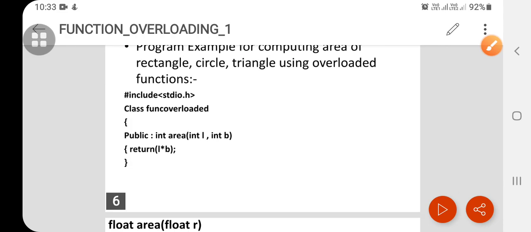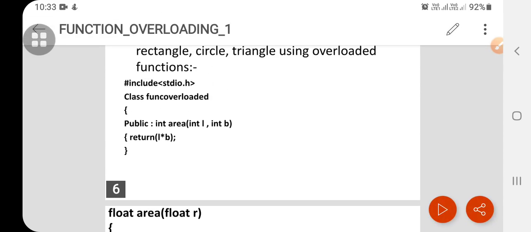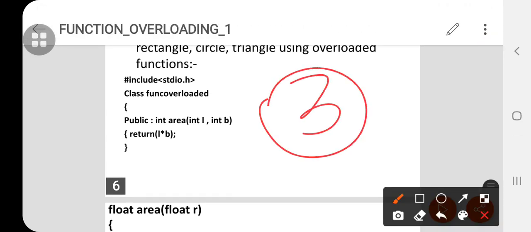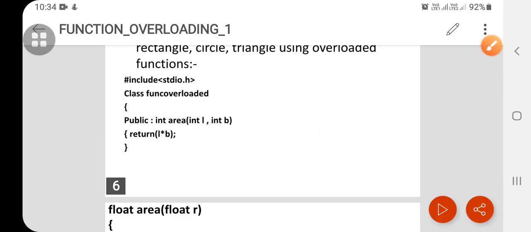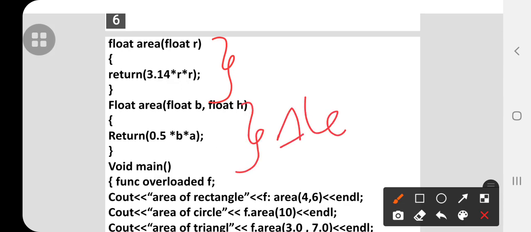Okay students, I hope you all understood. See, again I will explain. You have to write 3 functions for this. In one function you are just writing integer area, that is, area is the function which has to be overloaded, integer L and integer B. Next you have to write for finding the triangle and the circle areas.